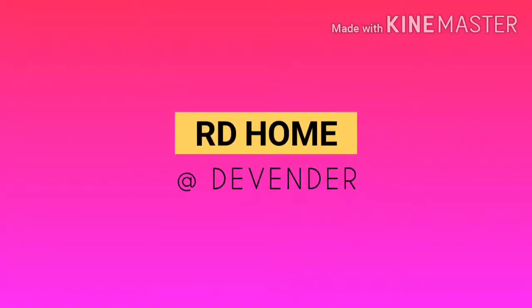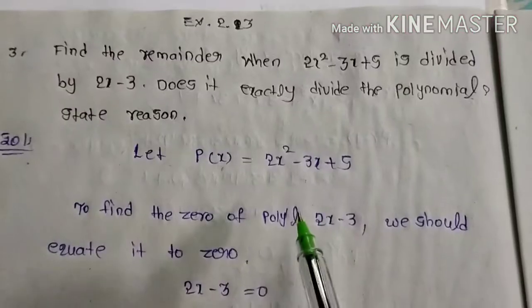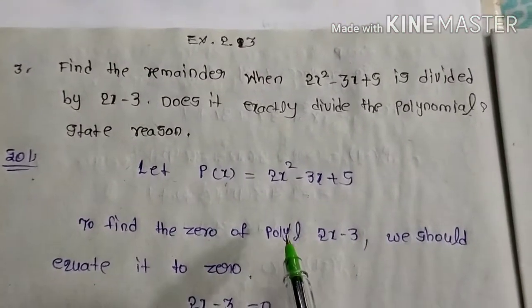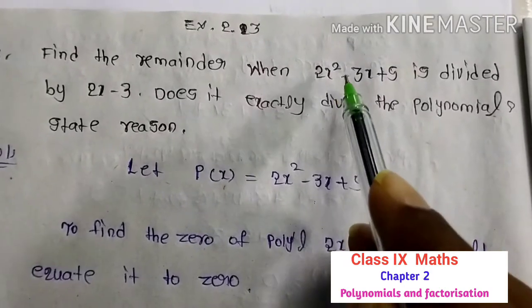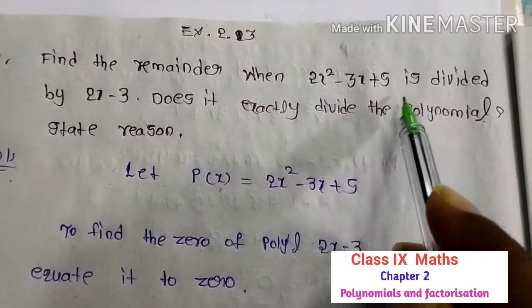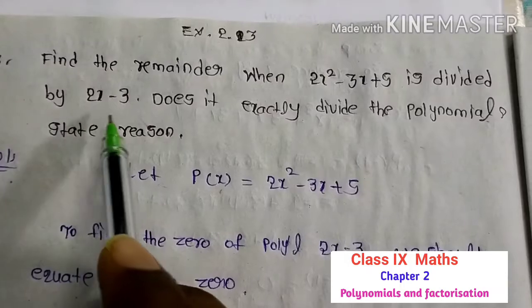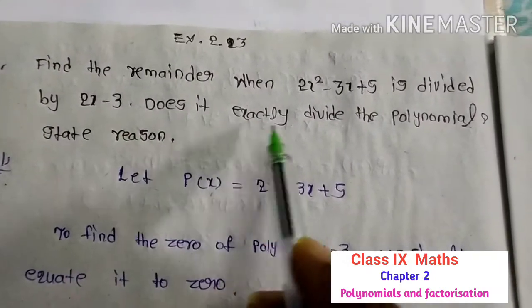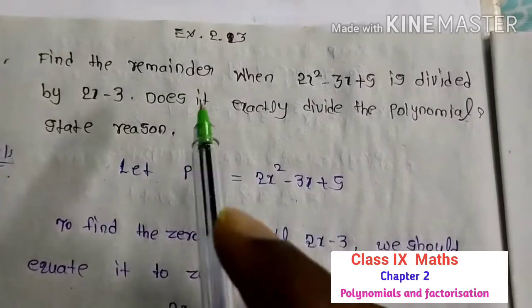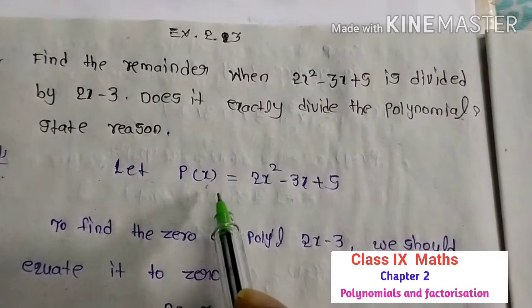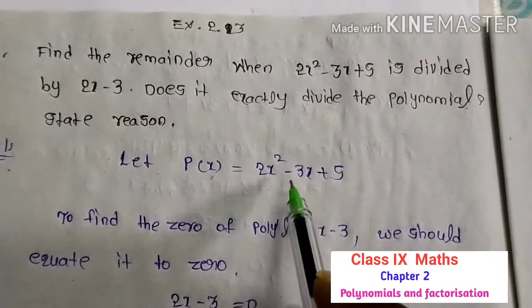Now you can see your class 9th maths, second chapter. Now you can see your exercise 2.3 question number 3. Find the remainder when 2x square minus 3x plus 5 is divided by 2x minus 3. Does it exactly divide the polynomial? State the reason. See, first of all I am taking here let p of x is equal to 2x square